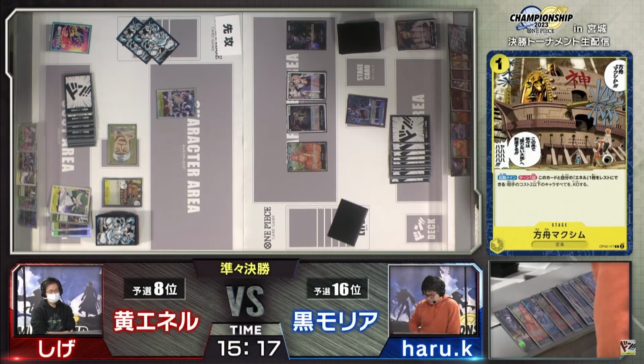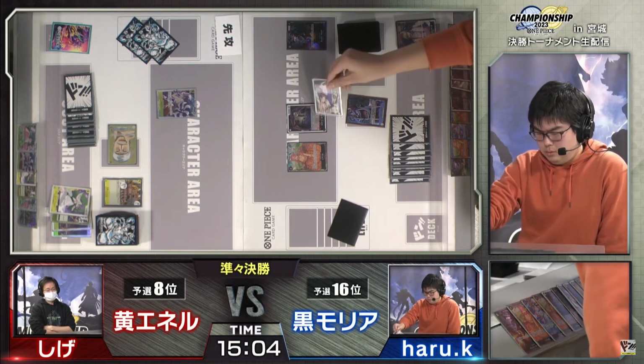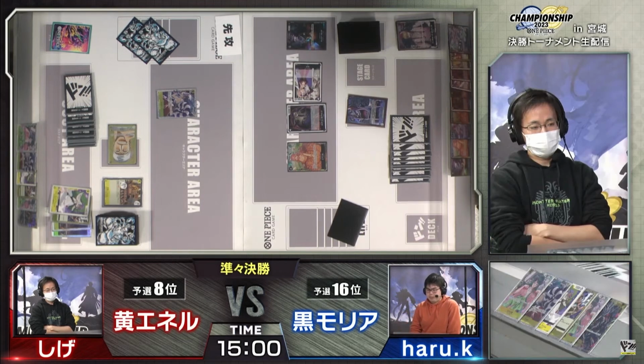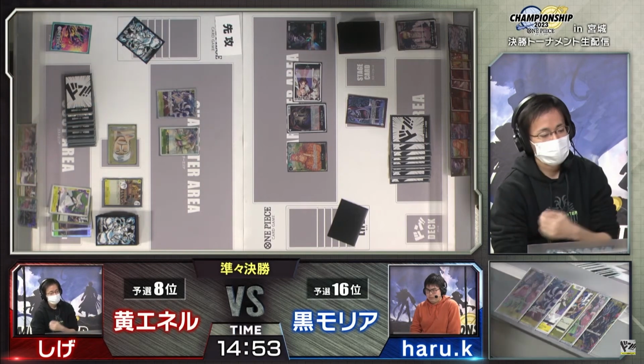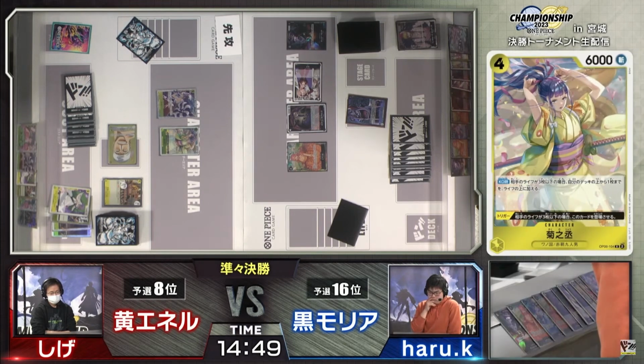Really deciding about what to do, especially with a deck like Gecko Moria. I feel like it's very punishing, like most other black decks like Sakazuki, Rebecca, right, that we've seen very recently. I feel like if you make the wrong decision, you get punished really hard, compared to something like Yellow, where you can just casino your life, and then therefore you can play bad, but you can still do well. And that's a good one, I feel like, potentially for the